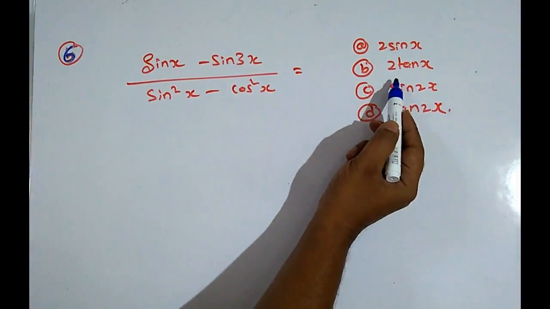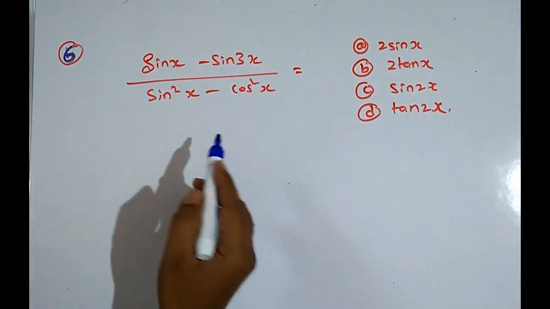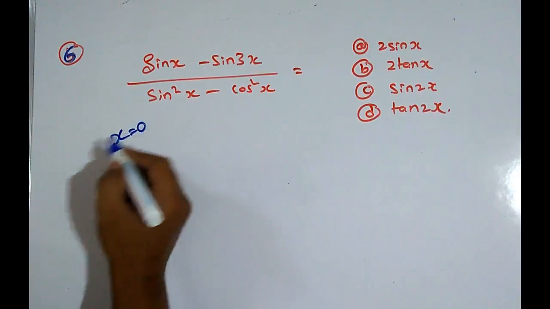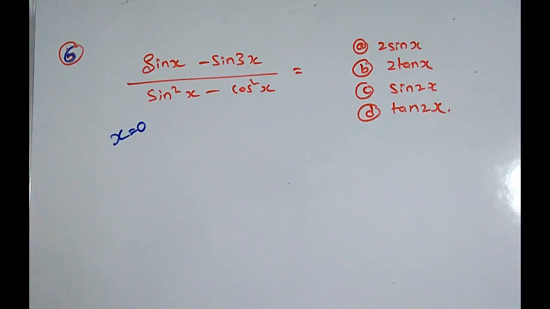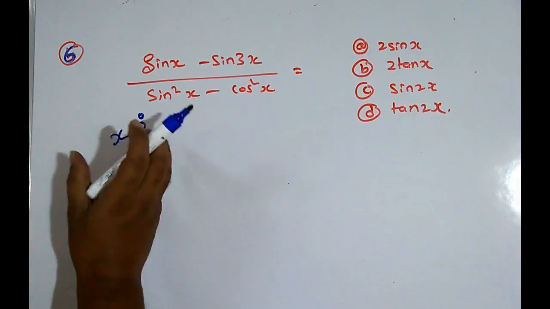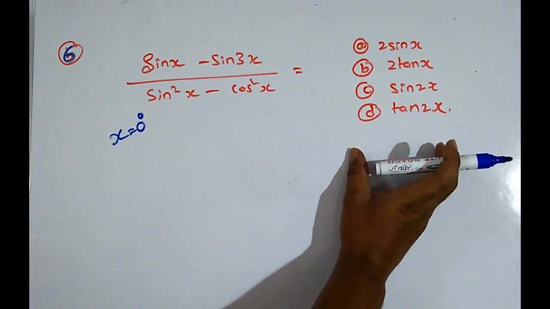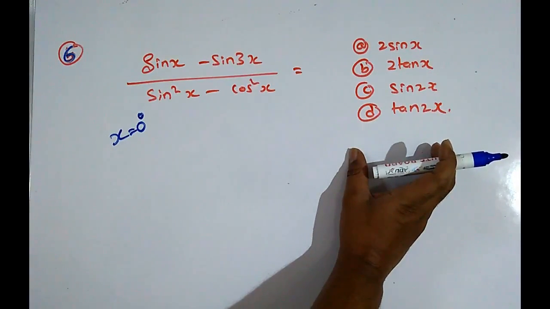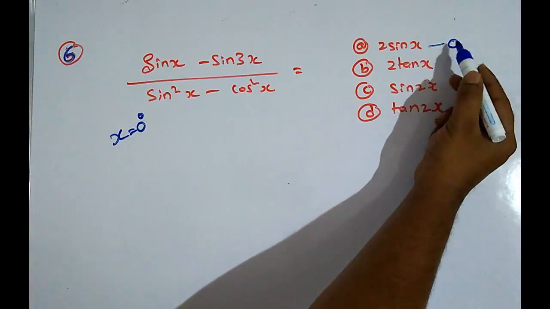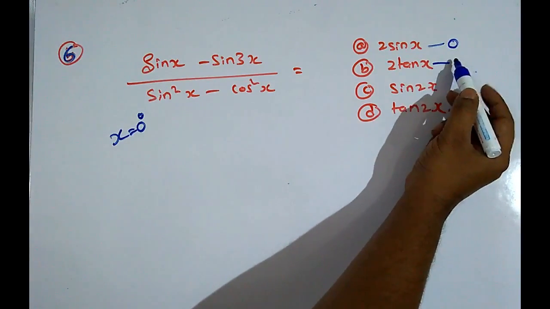Is it 2 sin x, 2 tan x, sin 2x, or tan 2x? It is easy for us to substitute x equal to 0 degrees, friends. Before substituting, see the options. If we substitute x equal to 0, sin 0 is 0,